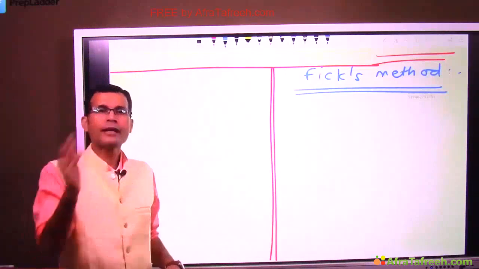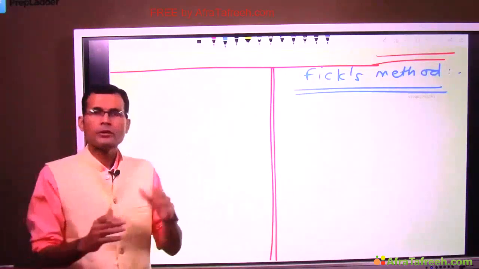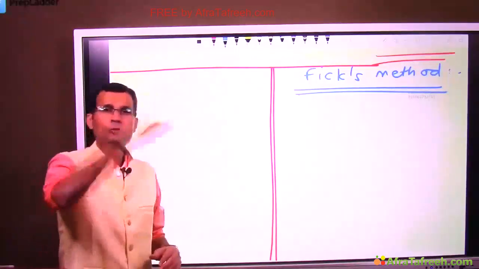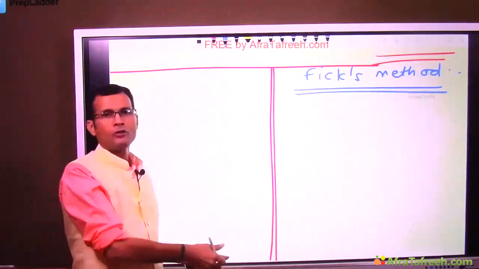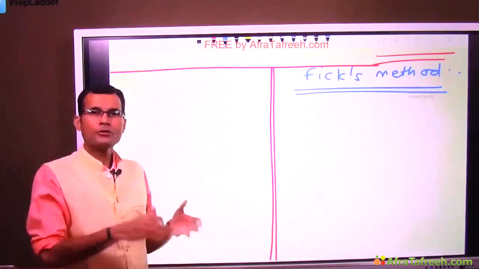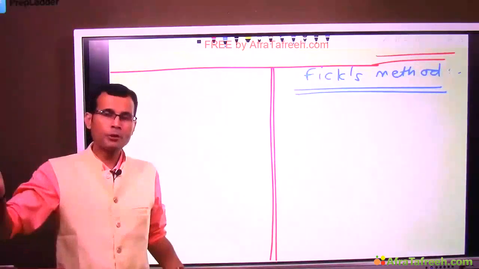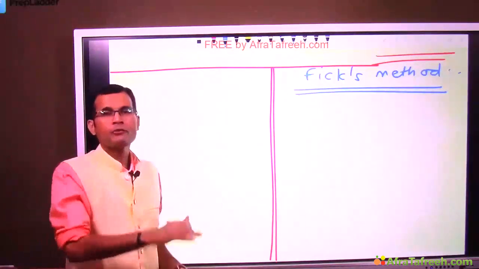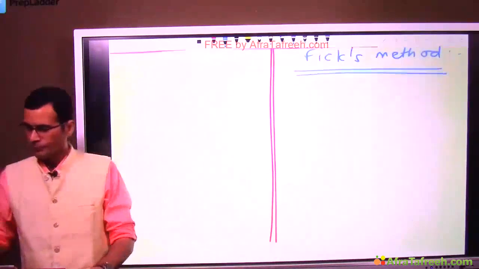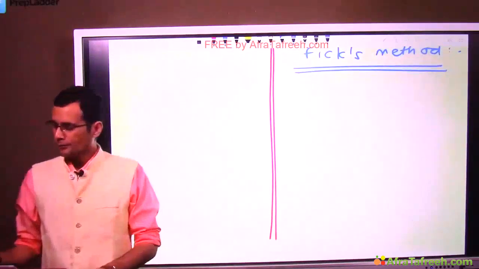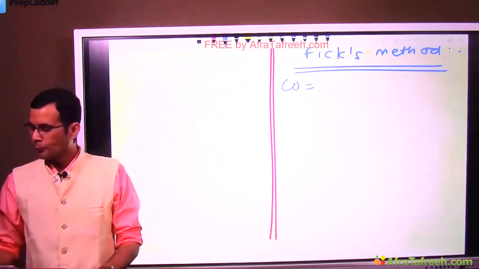After all, what is cardiac output? Addition of blood flow to all organs will be equal to cardiac output. So the same method or same principle and equation can be used for measurement of cardiac output or measurement of blood flow to an organ. So if you remember, we had said cardiac output is equal to